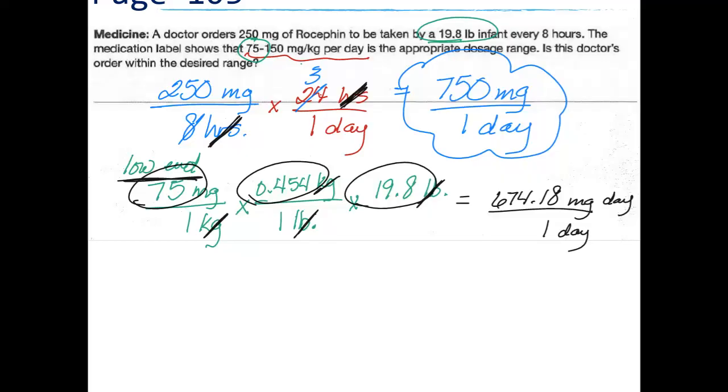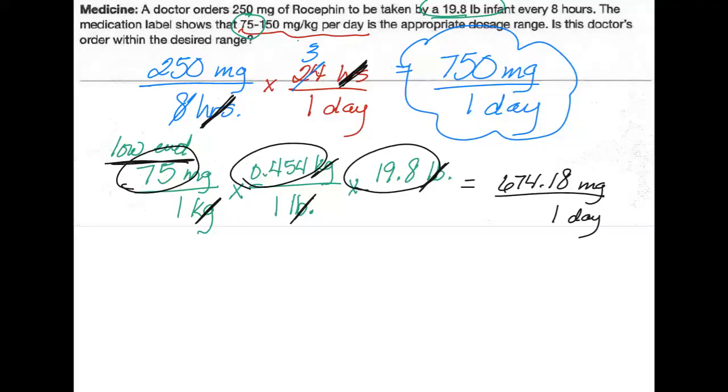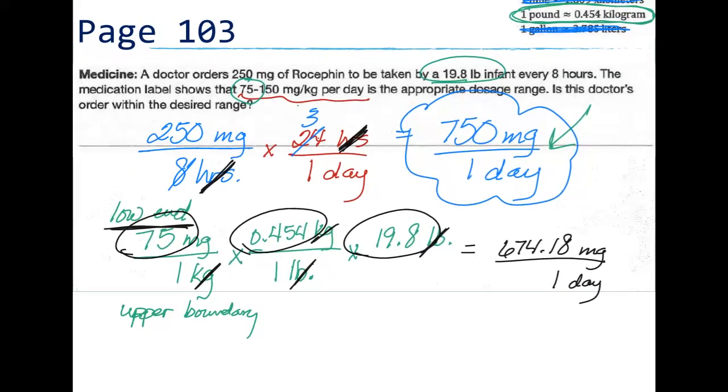19? Okay, close enough. That's okay. So that's the low end of the dose. The dose that we were given is 750. So that's good, but I need to see where the upper boundary is. All right, so the upper boundary of the dosage is for